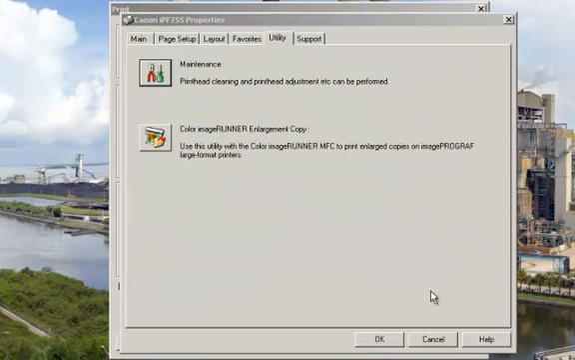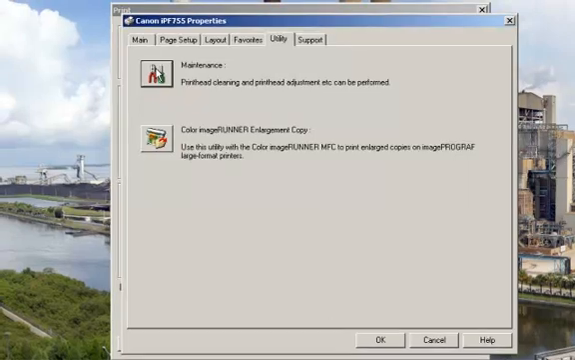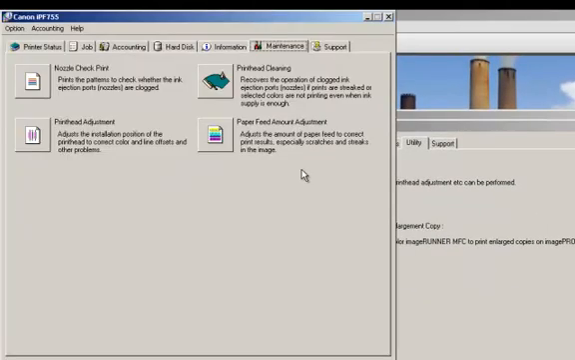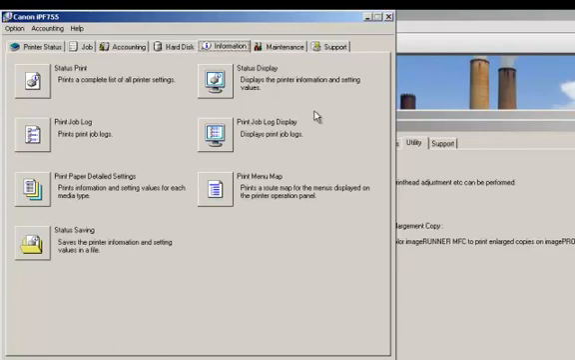Now we're into the Utility tab of the driver. Inside the Utility tab, we can perform some basic maintenance right from the driver itself. Once we click on the Maintenance tab and go through, you'll see that we have the nozzle check print. We can do print head adjustment, print head cleaning, paper feed adjustment, along with going in and getting some information from the printer. There's a status display to show the different status and settings that are on the printer,